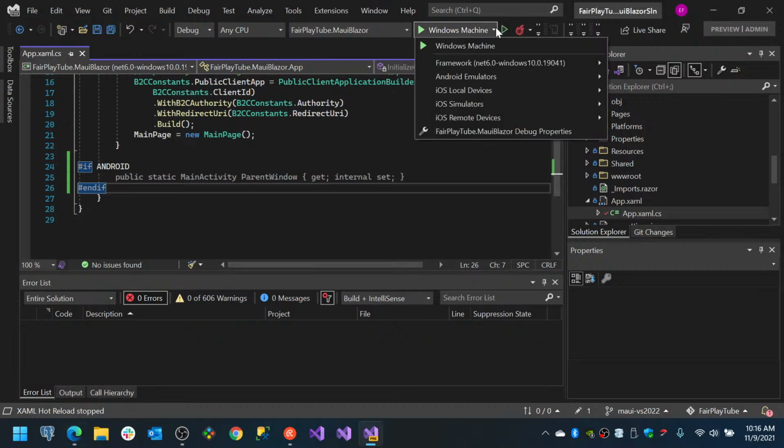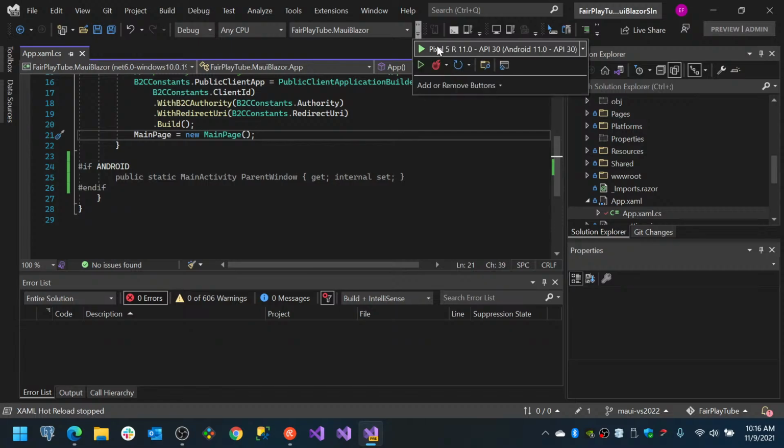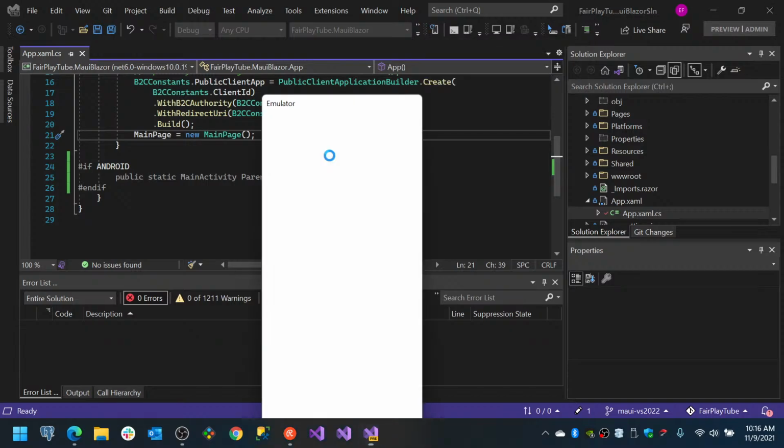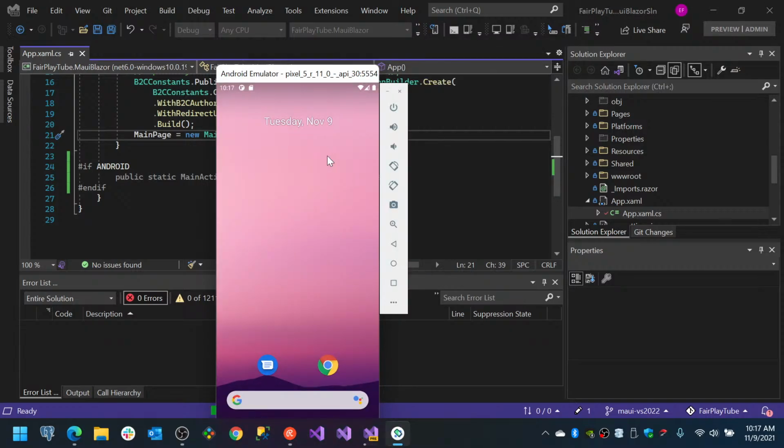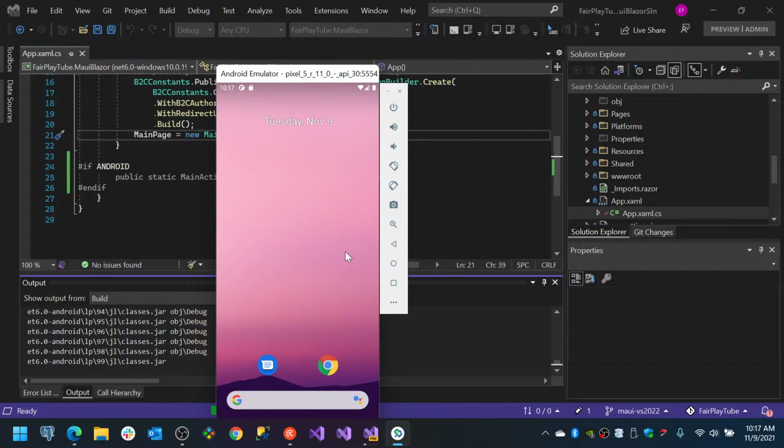at least this one for the mobile platform, for the Windows platform. Now, if I go to the Android emulator, let's see if it is working. I ran it earlier and it was actually working. I was able to see the videos. I was not able to authenticate though, because of an issue with redirection. Unfortunately, for some reason, it wasn't redirecting back to the application. So this is deploying the application. We see it's actually copying the files. And once that finishes, if it finishes successfully, we should be able to see the application running